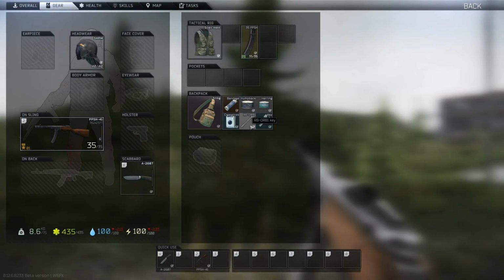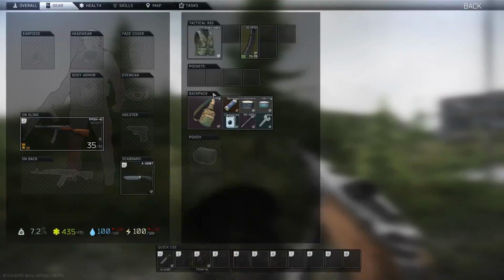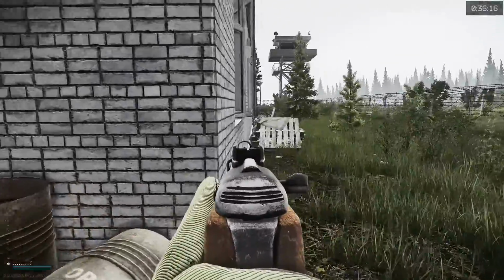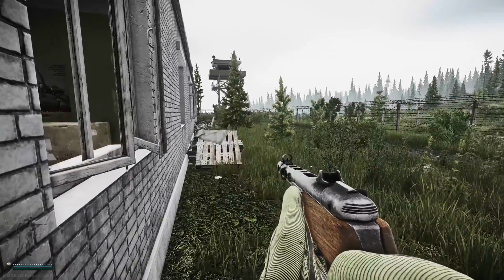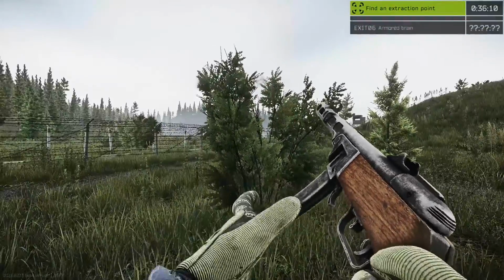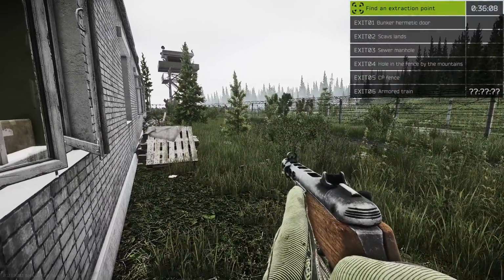I check my inventory for any valuable keys. I remove any helmets that are going to dampen my sound but not protect me from any bullets. And I also check what rounds are in my gun. A lot of people don't check what rounds they get with a weapon and just hope it's good ammo, but I just find